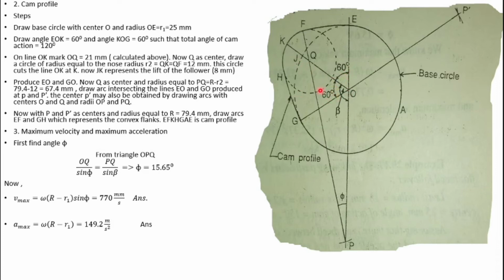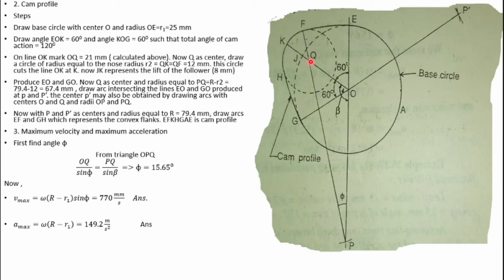Draw this, and then on line OK, mark OQ, which we have calculated. On line OK, we mark OQ equal to 21 mm, which we have calculated above. Now, Q is the center of the nose circle, so with Q as center, draw